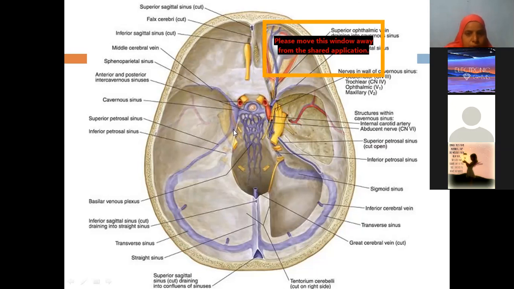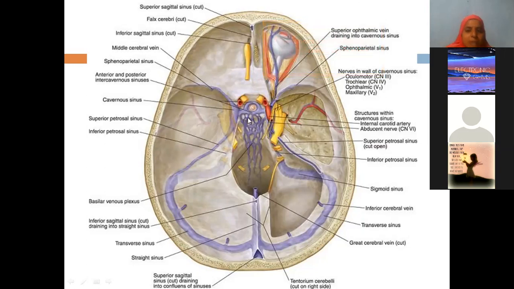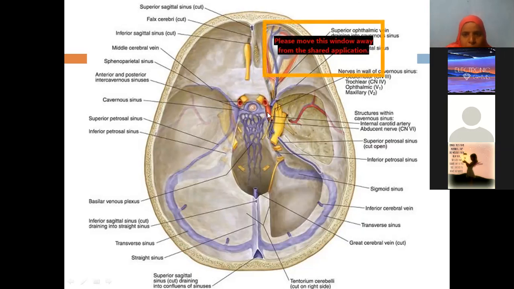Now, did you understand the orientation of the cavernous sinus, where it is present and how it is related? The roof is related to the optic chiasma. This is the right optic nerve, this is the left optic nerve. They crisscross and form the optic chiasma. The roof will be related to the optic chiasma. In the center, you find there is one artery. What is that? Internal carotid artery. One of the branches of the internal carotid artery enters the orbit: the ophthalmic artery. It accompanies the optic nerve.